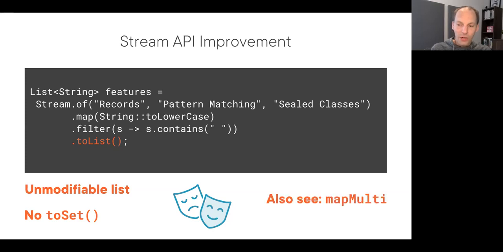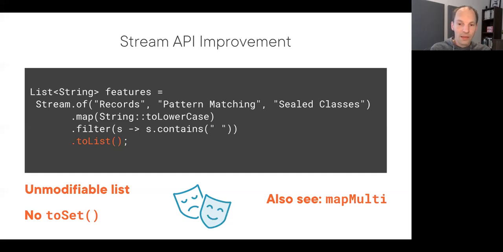Now there's one other addition to the Stream API that I want to mention, but I won't go into the details here because it will be a bit of a stretch in terms of time. But the mapMulti method has been added, and it's actually a variant to the flatMap method that you might have worked with in the Streams API. And it offers you a way to actually push elements individually to a consumer that you pass to this mapMulti. So if you're familiar with flatMap, I definitely recommend looking also into the documentation of this new mapMulti method.